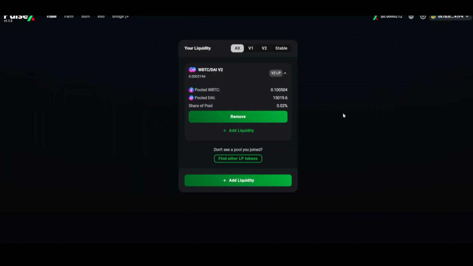That's really it. Also important to know, you'll see these numbers like the pooled Bitcoin and the pooled pDAI, they will fluctuate. So let's say, for example, pDAI pumps up, right? So if pDAI goes up, you have more pDAI, and because K is a constant product, it'll